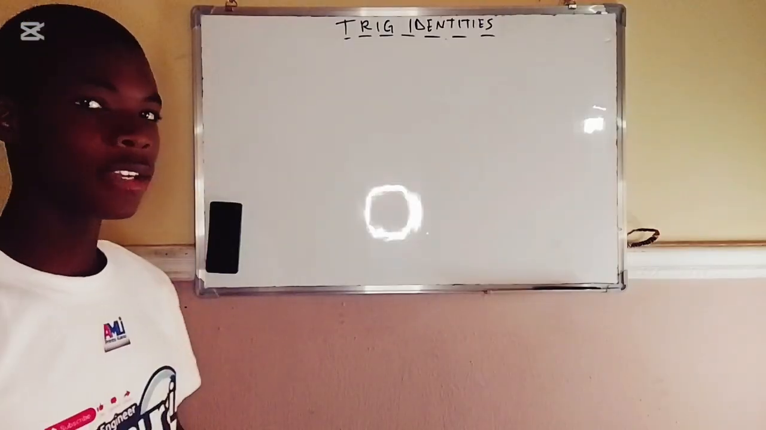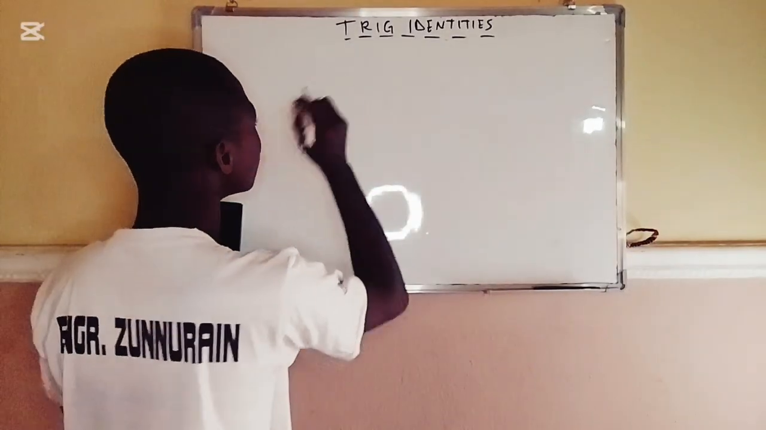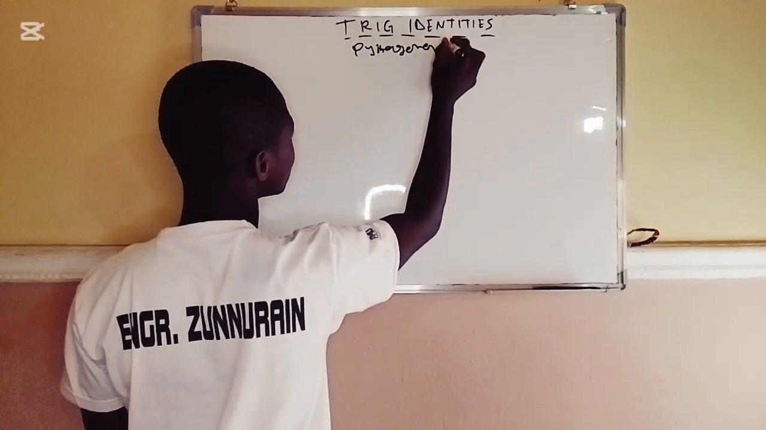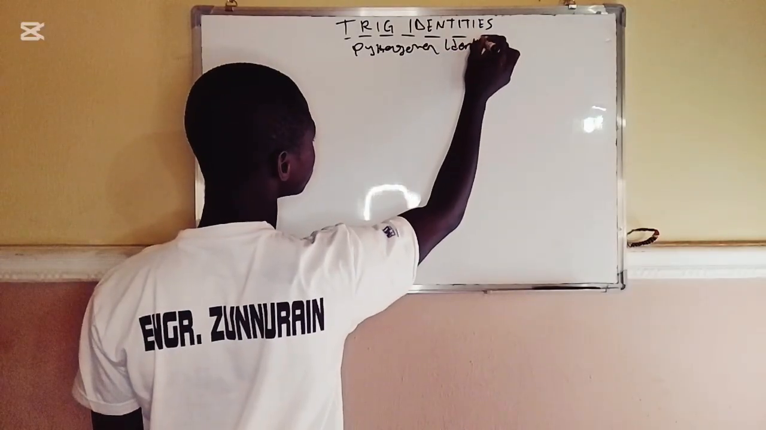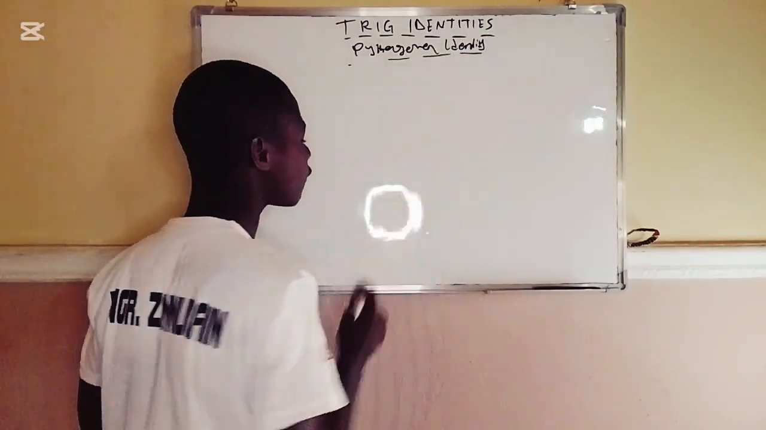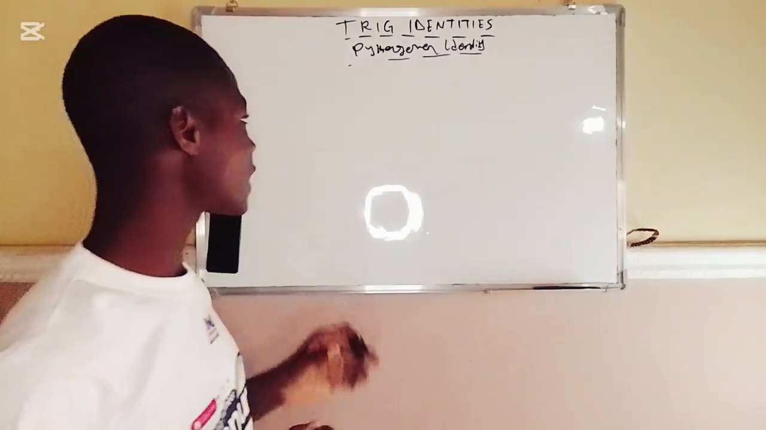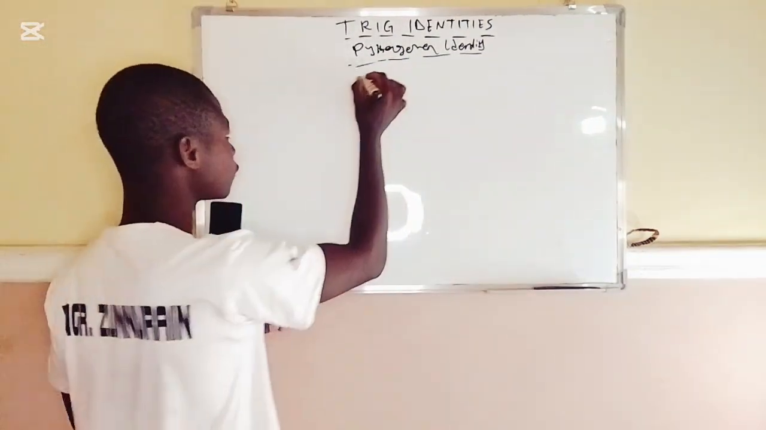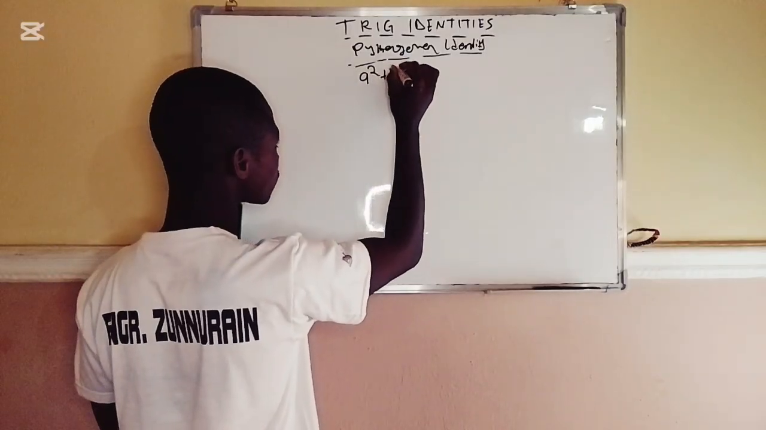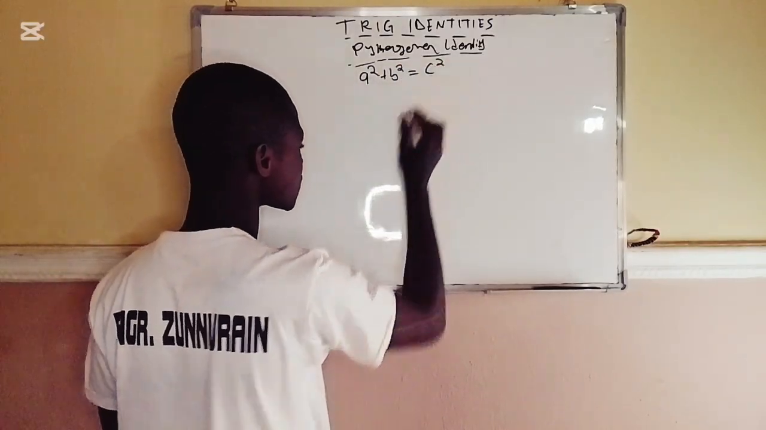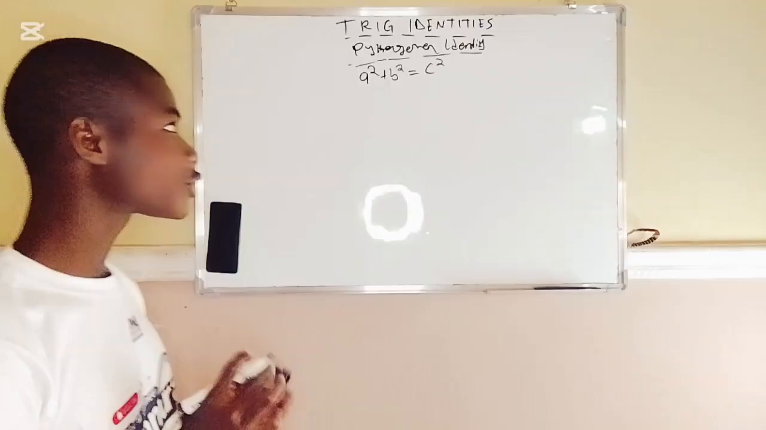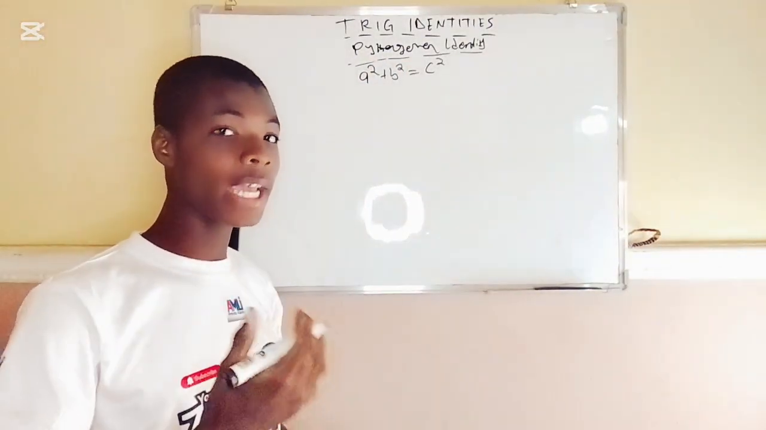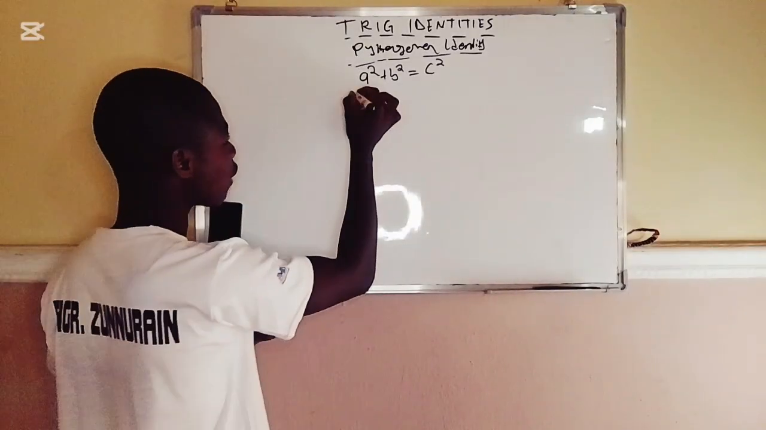So therefore, let's see the Pythagorean identity. As you can see, this is the Pythagorean identity. According to the Pythagoras theorem, we have a square plus b square equals c square. So therefore, in trig identities, under Pythagorean identities, we have